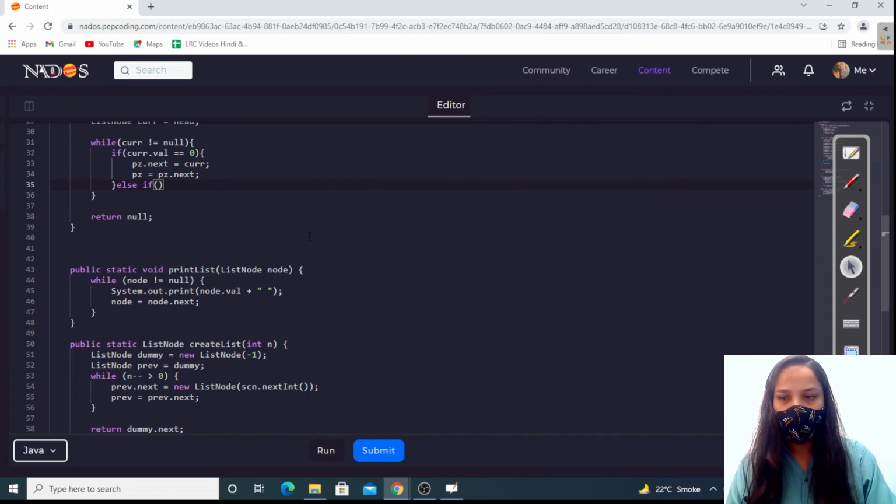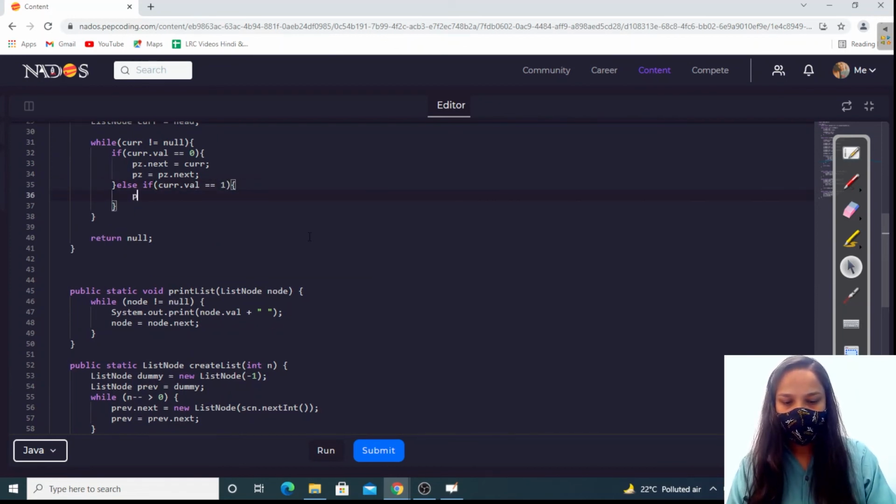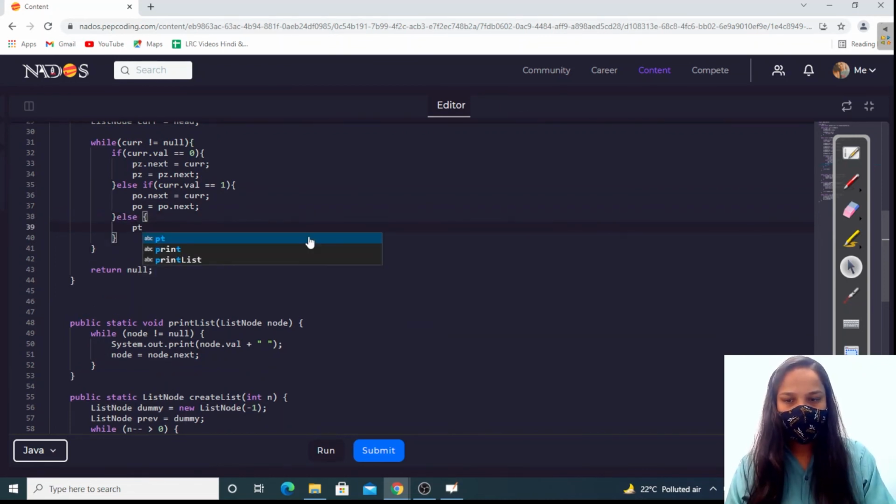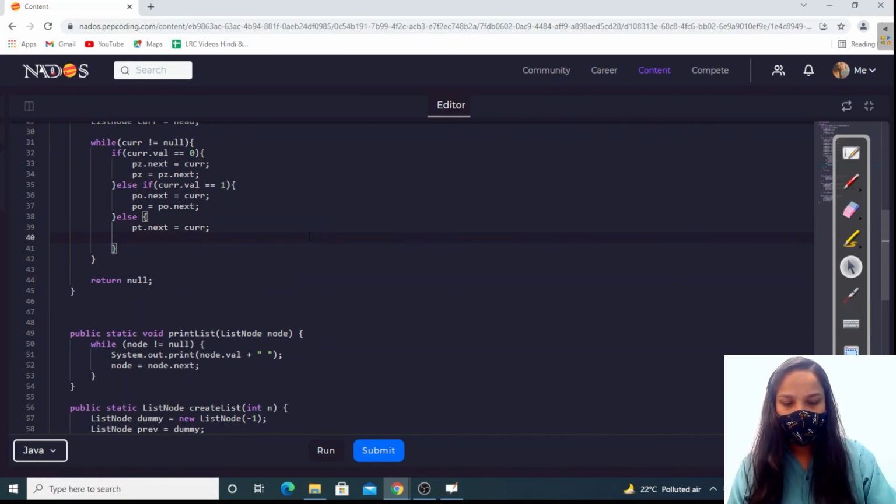Else if current dot val is equals to 1, then the next of previous 1 is equals to current, previous 1 is equals to previous 1 dot next. Else in the next of previous 2, we will update current, and previous 2 will be updated by next of previous 2,